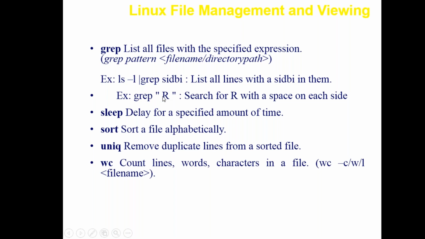Similarly, if I want to use a word R, any R in the files, for example starting with the name or with the ending content, it will search for the R with a space on each side. So this is one space and this is another space, and it will go for all these spaces while searching. Grepping is a pattern which I'm giving, and that pattern is searched on the output, on the list of the files. So that is called piping. When the output of one command is used as the input of another command, then it's called piping.